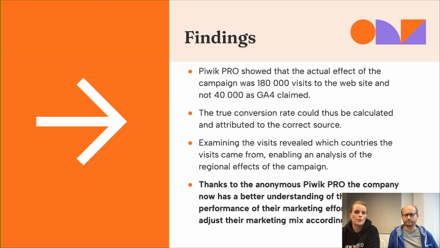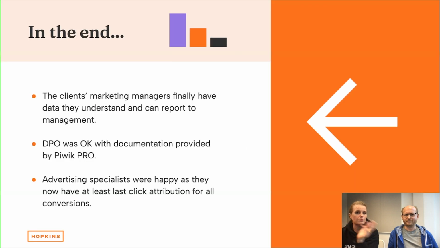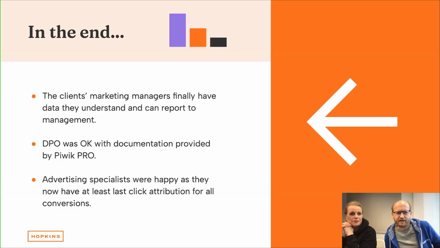Into this, of course, also came analyzing the quality of the data, the quality of the traffic that they got, and we could see that some of those campaigns actually had targeted geographical areas which were less important to the customers. So now they also got some learnings on how to do their future campaigns. Yes, so Mikko, what did the client finally get?